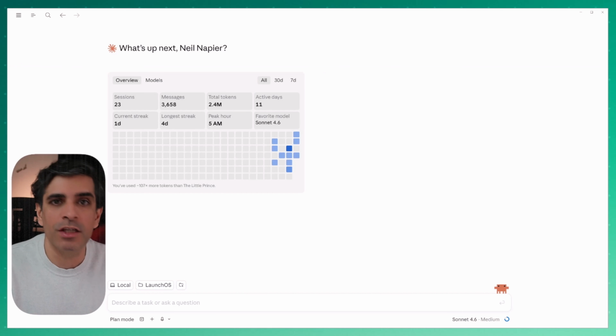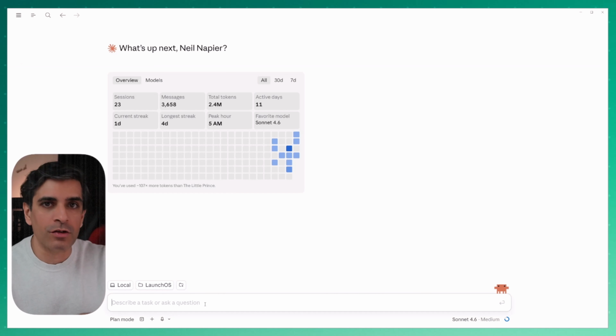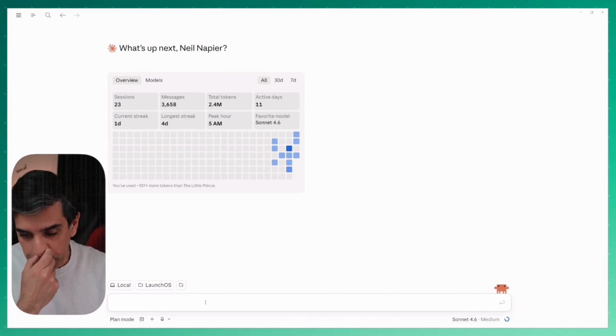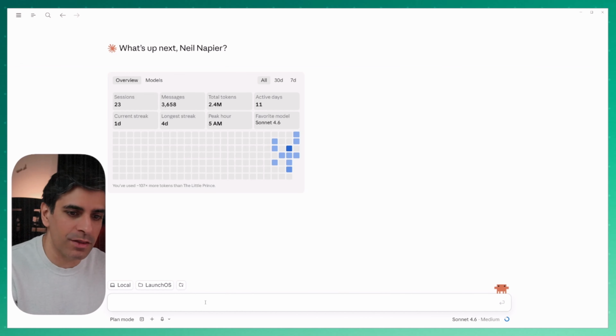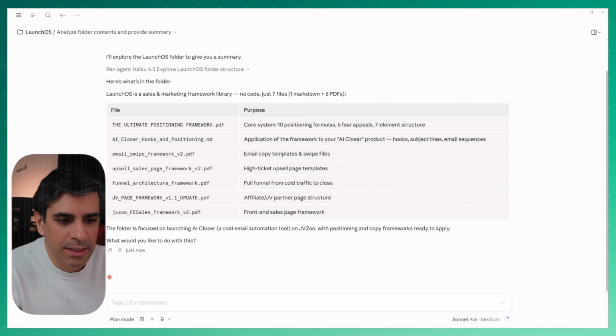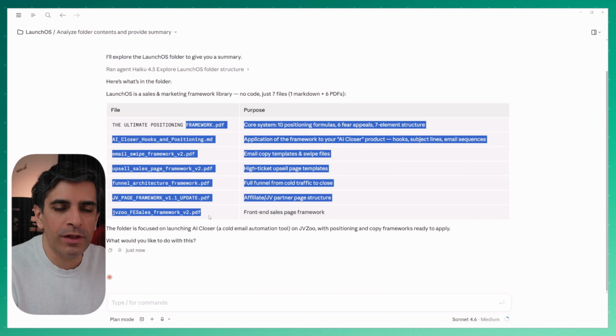You know, if you have an idea, you want to make sure you build it out. So let's do that right now. I'm going to ask Claude to understand what's inside this project, just so you can see as well where we can go with this. Could you give me a summary of what's inside this folder so we can proceed with it? Okay, so as you can see, these are the different frameworks we have available here,